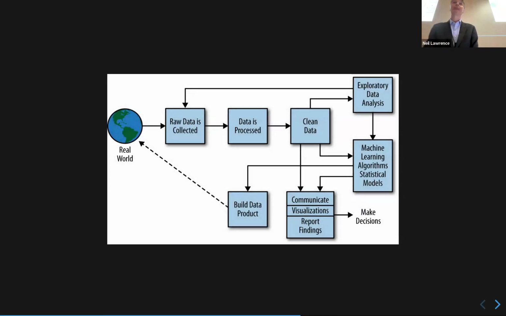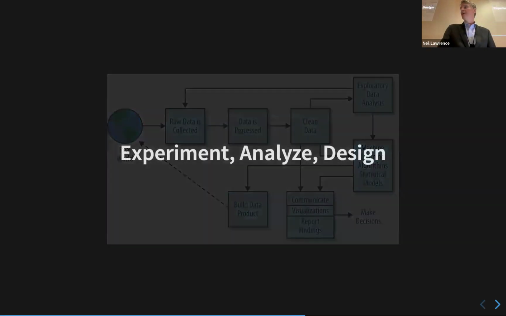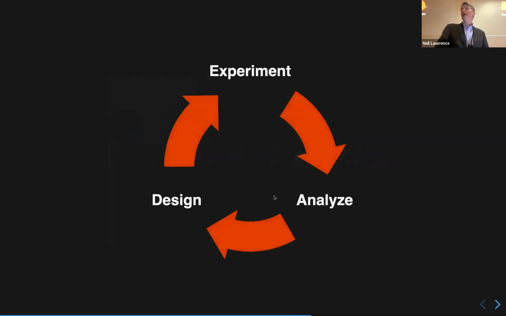Here's their example. That's from their book, the O'Neil and Schutt book, about what they think. I also think about it in this cycle way. So I'm not going to talk too much about this, but this constant need to experiment, analyze, design, and go around and around in a circle. It's never ending because everything's fluid, because the data's changing, right? And so this becomes so important that you are a scientist. This is a scientific workflow, right? You have to be aware that things are changing underneath.